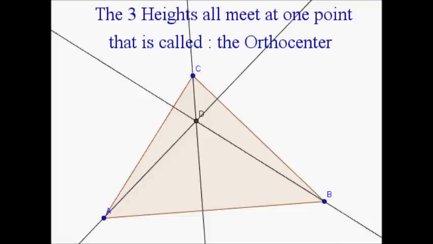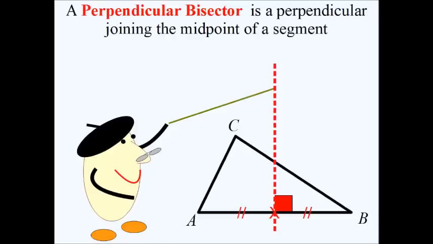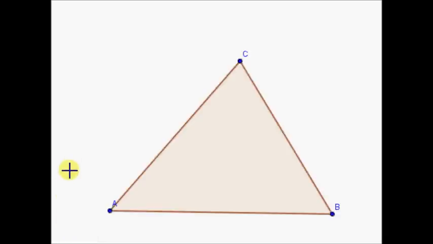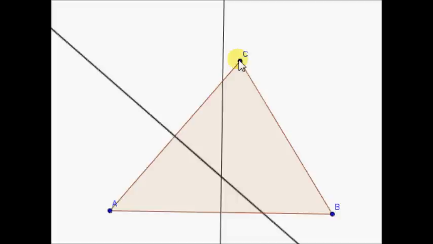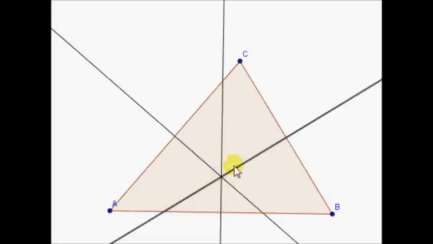The perpendicular bisectors now, or mediators. Let ABC be a triangle. Next, the three perpendicular bisectors. Remember, the perpendicular bisector of a segment is the line crossing the midpoint here and perpendicular to the side. So in a triangle you have three perpendicular bisectors, and you observe that the three perpendicular bisectors meet the same point, and